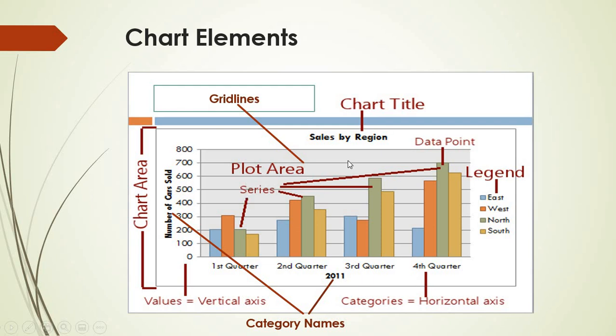Now next one is the data series. Now what is the data series? Data series are the bars, slices or other elements that show the data values. Okay, by using different colors you can show the data. Okay, so you are applying different styles in it. So this is called the data series. What is the legend? Legend depicts the colors, patterns or symbols assigned to the data series. It helps to differentiate the data. If you want to differentiate the data between the categories, then you have to use the legend.